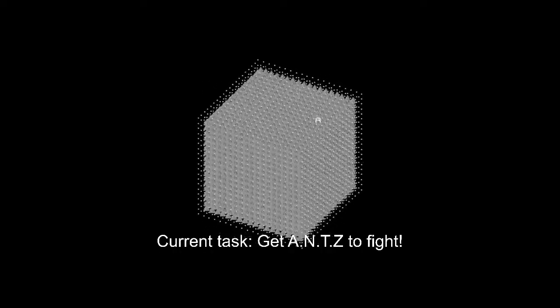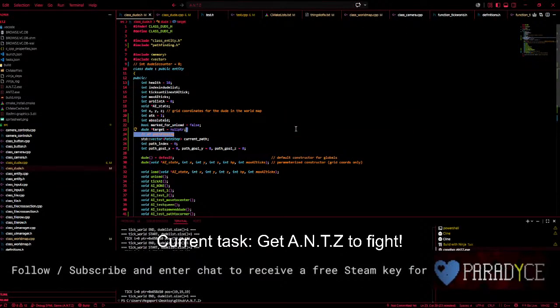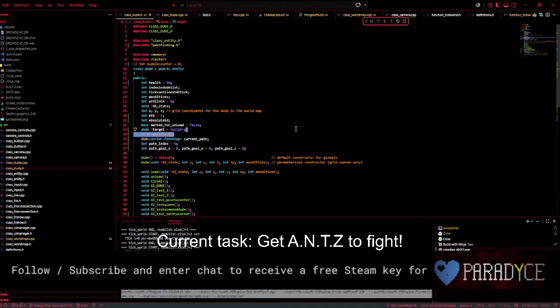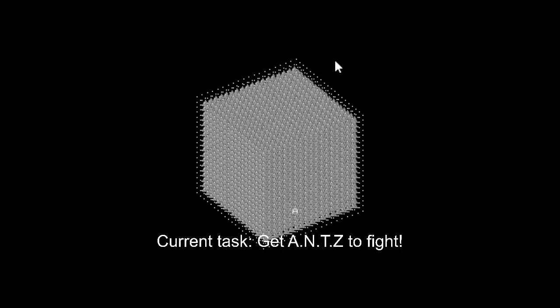Well, this is also neat to look at. This is the pathfinding I made earlier. I'm just going to talk about it now for a second. I made this earlier before stream. So there's a big cube in the middle, and it can walk through the cube, but it's quite inefficient. So it's going from one corner to the other, and you can kind of see that it's skirting around the